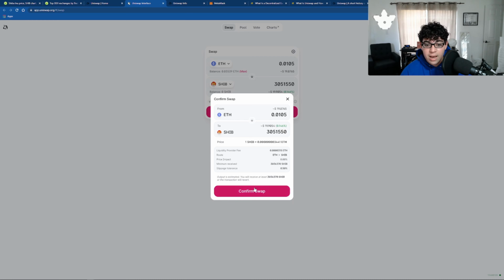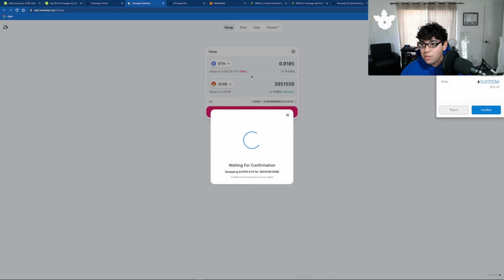I just click accept, confirm swap, and now my little Metamask notification will pop up. And then guys, I'm telling you, this is the final last step right here. All I got to do is click confirm right here, and then done. My transaction is submitted to the blockchain, and now I just got to wait for it to get verified. And then I am now the proud owner of